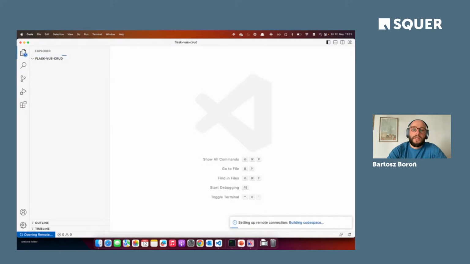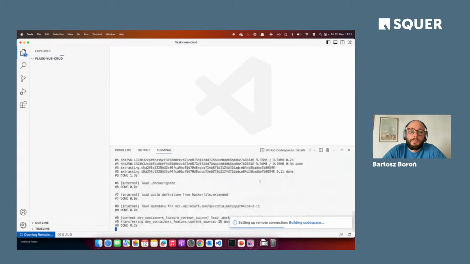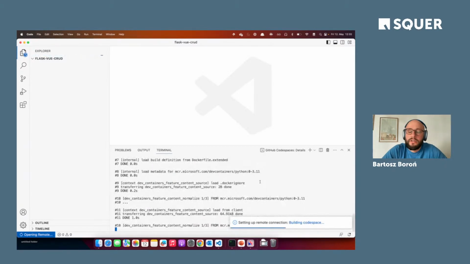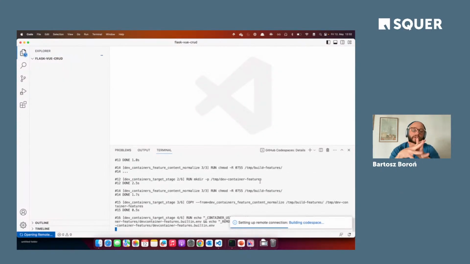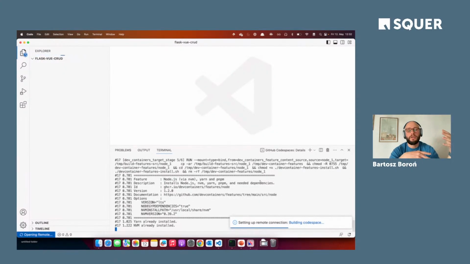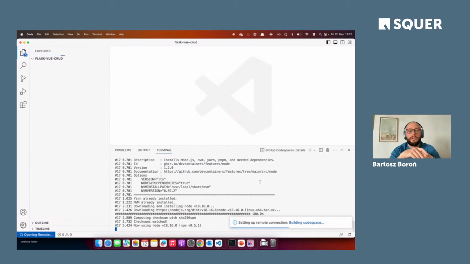And now basically GitHub is spinning up a new machine. You can see in the logs, it's spinning up a VM in the cloud, installing their components, and then installing the whole container configuration we have described in our dev container file into it.